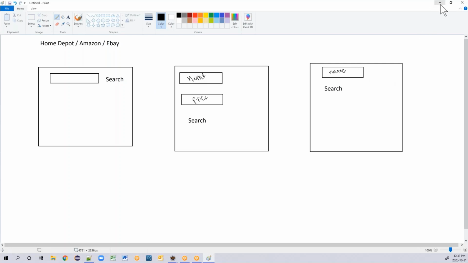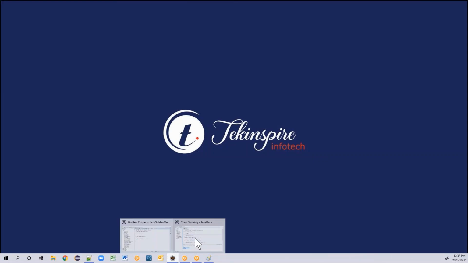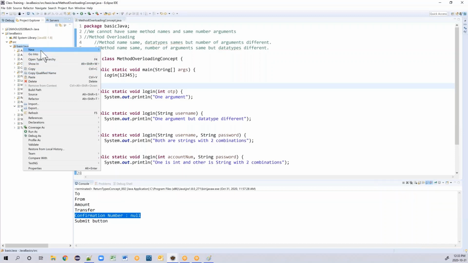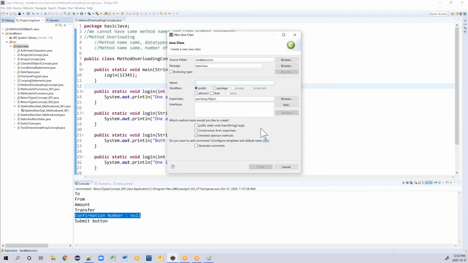So what we will do in our Eclipse, in our program, is create one new class. I'll call it method overloading concept underscore practical.